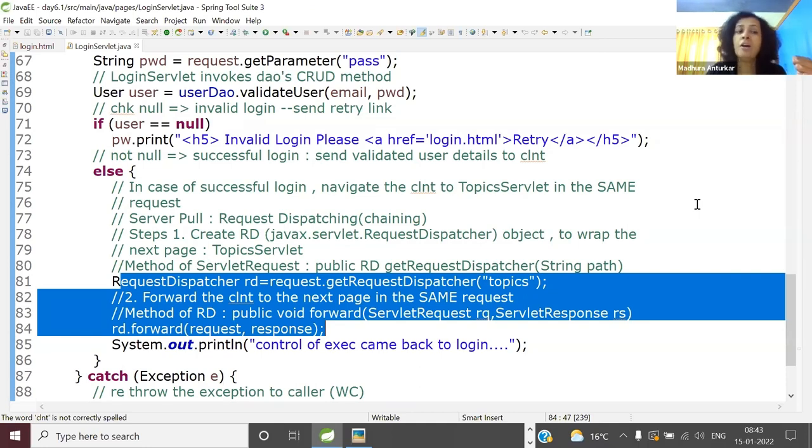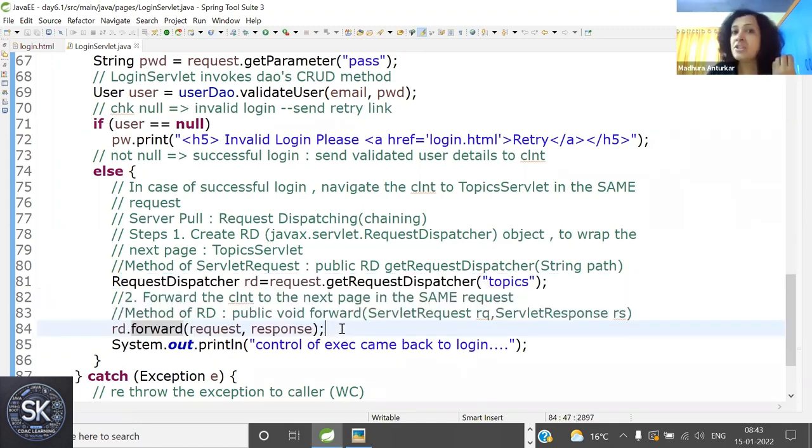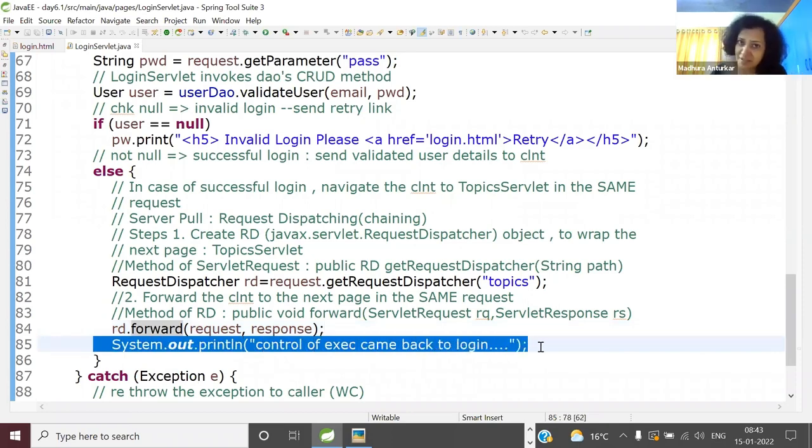It uses the request dispatcher forward technique, as in server pull, to navigate the client from something called the controller to the view layer. In simple words, important stuff, understand it properly. This is where I've called rd.forward. And just to confirm whether the control of execution comes back to this page at all, I'm putting